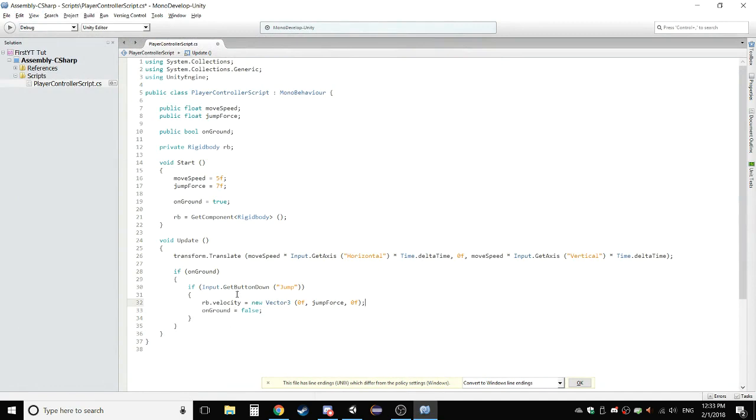So our velocity is equal to a new Vector3. Remember, that's a point on the screen, or like the summary there says, it creates a new vector with given x, y, and z components. In this case, we want our cube to jump upwards on the y-axis. So we just say set the velocity equal to a Vector3 with the jump force component. But you can see that if we run this,